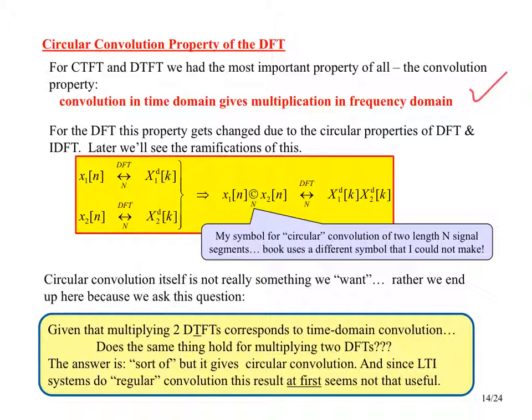So when we multiply two DFTs and then take the inverse DFT to get back to the time domain, what we get is not a regular convolution. It's something called a circular convolution, and we'll see more precisely what that looks like in the next several slides. But for right now, just keep in mind that that little symbol there, which is different from what the book